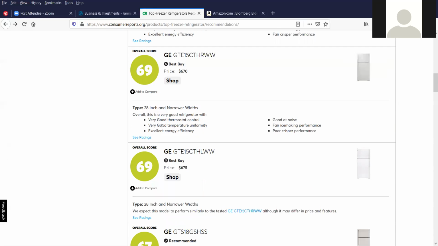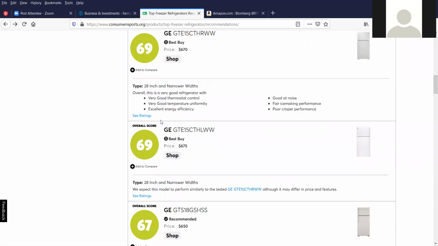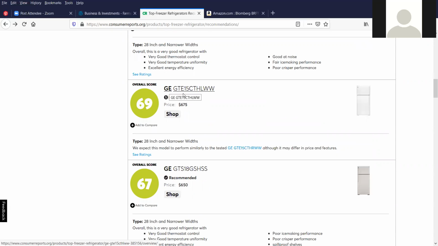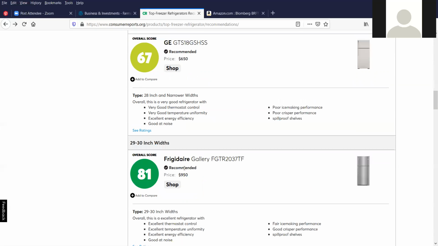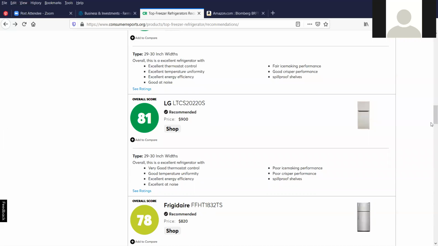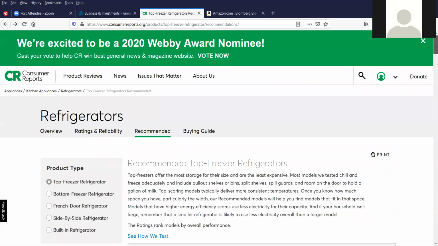Well, it's going to be good because these are Best Buys. Another Best Buy by GE, GTE 15C, the GTS 18, and so on. So we can click on the buying guide. I went to the top of the page. I'm going to click on the